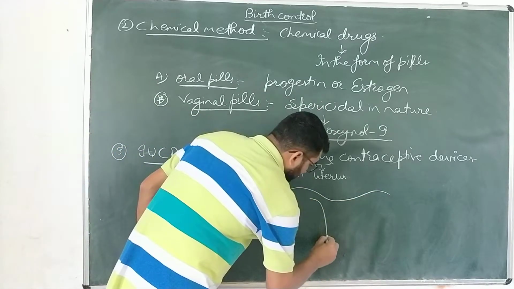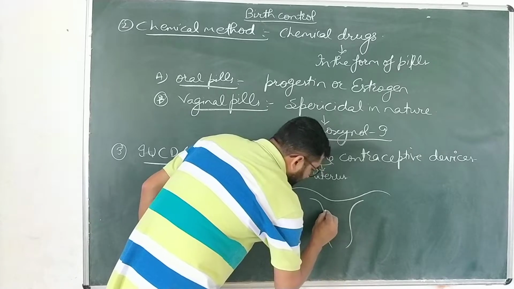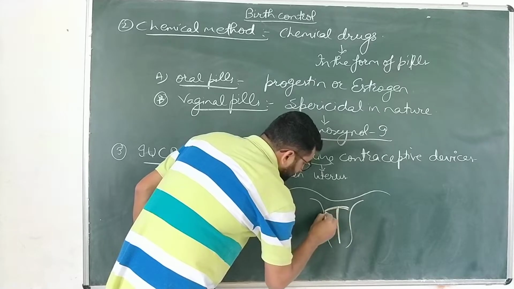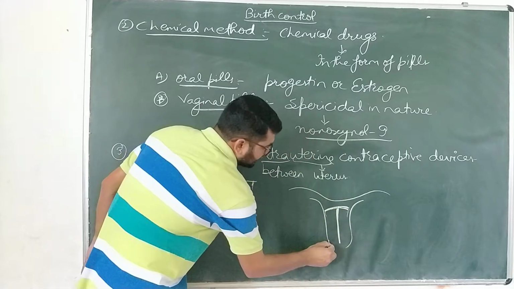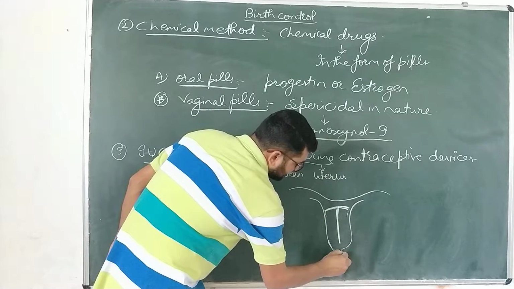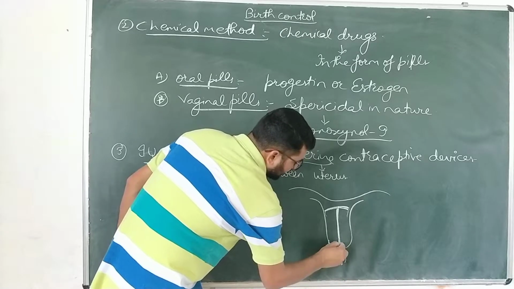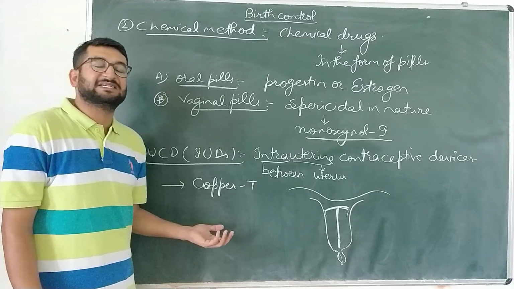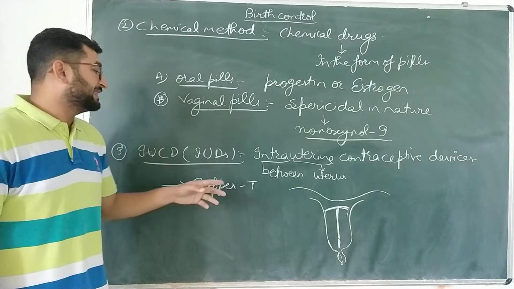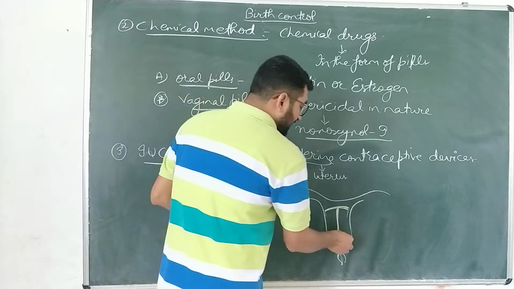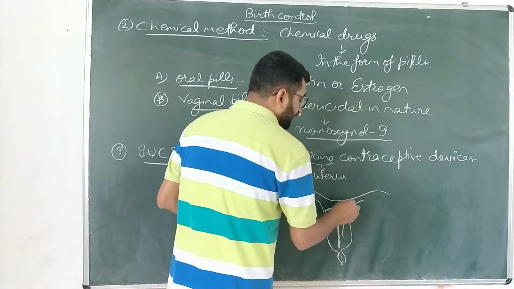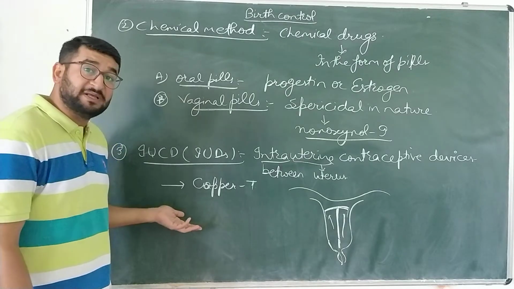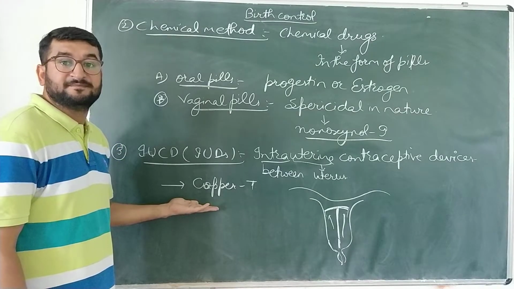Let us suppose this is the uterine part. Copper T is a T-shaped device made up of copper, placed in the uterus like this. यूट्रस पार्ट में इस तरह से कॉपर टी को मैनुअली इम्प्लांट कर दिया जाता है बाय अ स्किल्ड डॉक्टर, and that is to prevent the entry of sperm from here to the fallopian tube. And if sperm would not be able to reach there, fertilization won't take place. So that is the copper T.